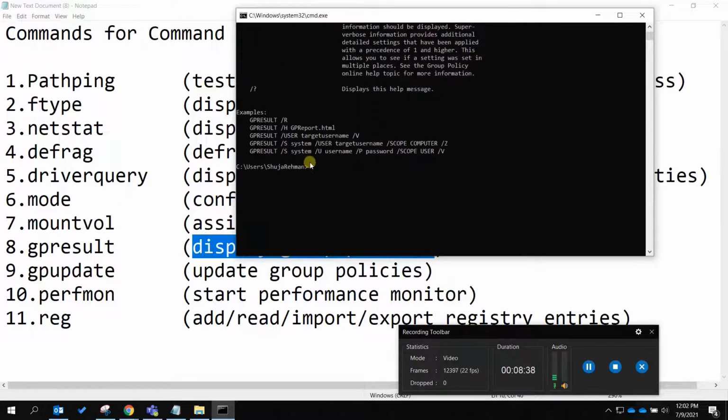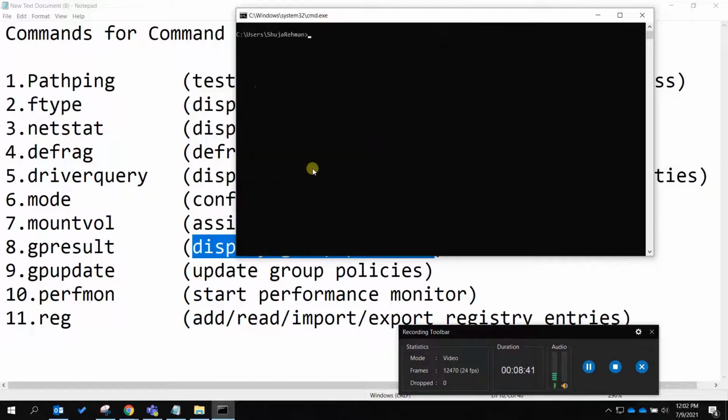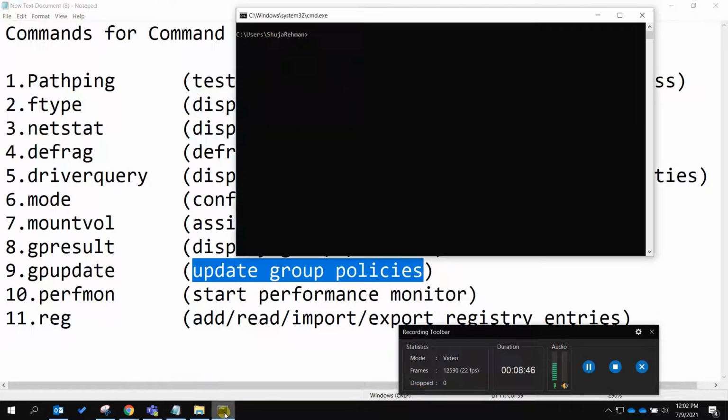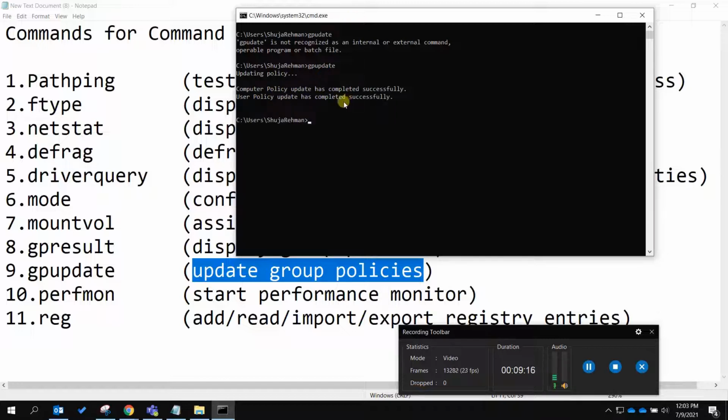If you want to update your group policy, you can use the gpupdate command and your group policy is updated. Gpupdate. I think I wrote the wrong command. Here you can see it is updating the policy. Computer policy update has completed successfully. This is the gpupdate command.